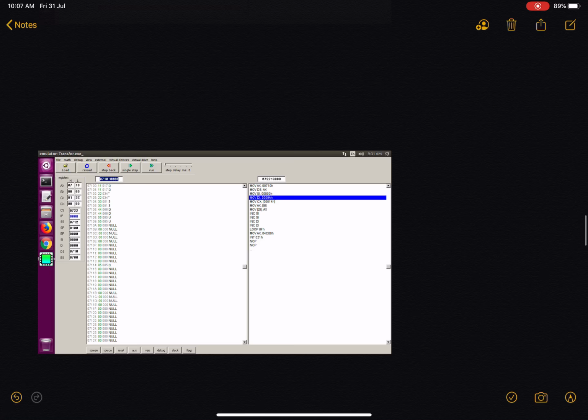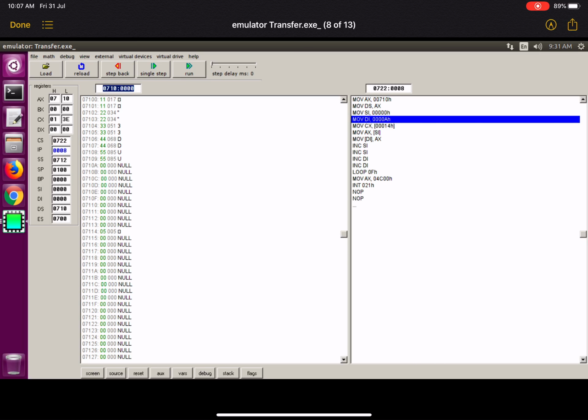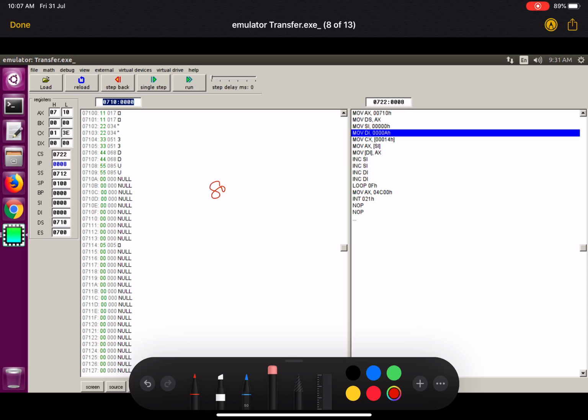Other than that, as we have discussed, in 8086 you have a 20-bit address bus, and if you want to access it, it will be represented in the form of base address colon offset, right? So here 0710 is my base address of the DS register, 0000 is my starting point, and that is the starting point of array 1, as we have already discussed. So you can see 11112222 is stored at this location.